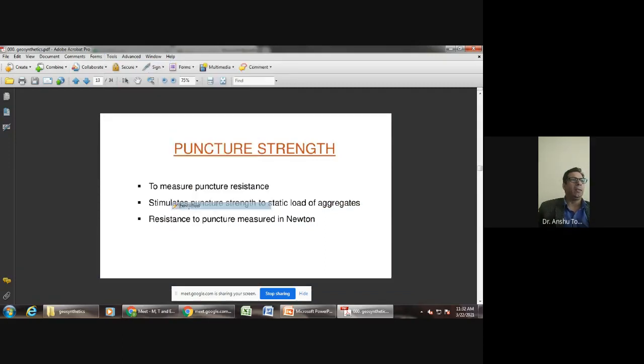That is why I took the example of shear force, because shear force is also a force which acts exactly vertical. So as it is force, it is going to be in Newton. So similarly, it has got the same way. The only thing is that the geotextile is going to be tested for puncture strength in a different manner as compared to your concrete, because concrete is highly stiff material.